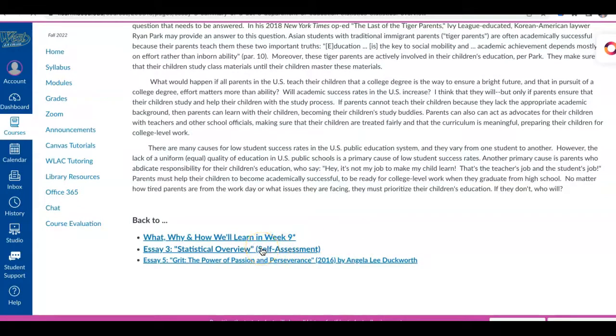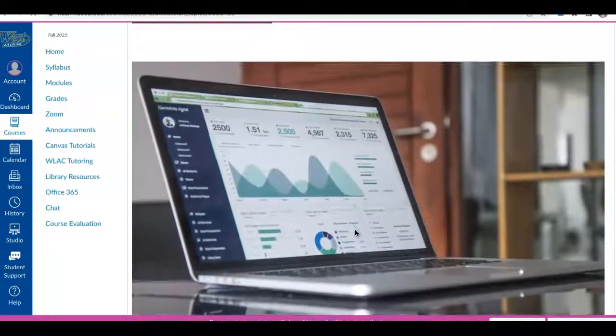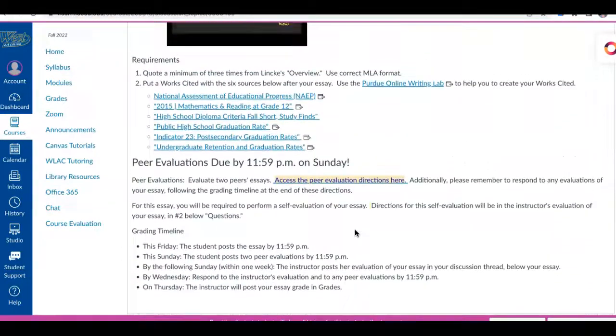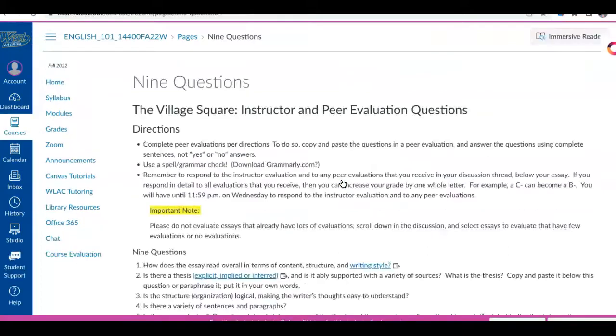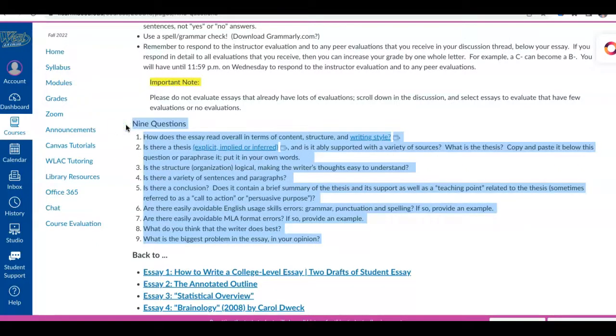All right, I'm going back into the directions, and I am going to scroll down to the peer evaluations, and I'm going to remind you that we always ask and answer 9 questions for 2 peers' essays, and those 9 questions are right here. You can simply copy them, paste them in a screen, and answer them in regard to